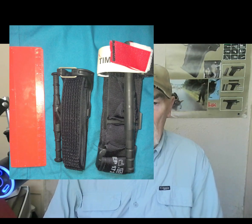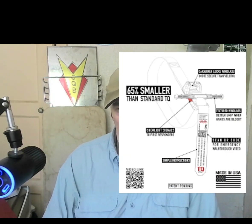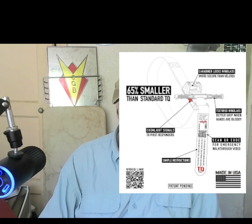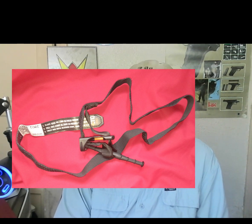Okay, we'll compare the size. As you can see, the new tourniquet is a lot more compact than the existing CAT. One of the things to mention is that the width of the strap is 1 inch, whereas that of the CAT is 1.5 inches. However, Snakestaff Systems